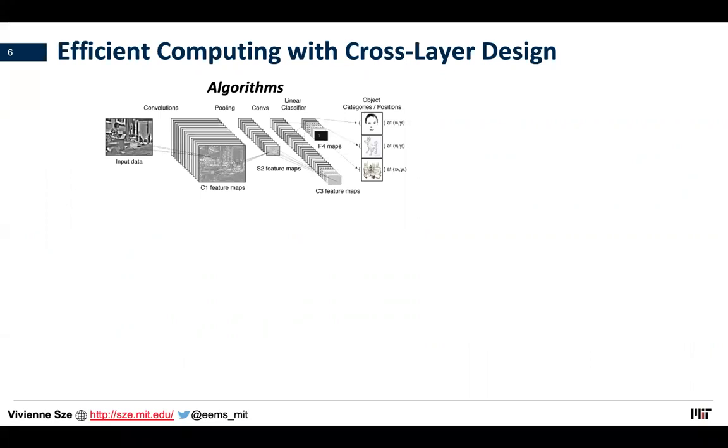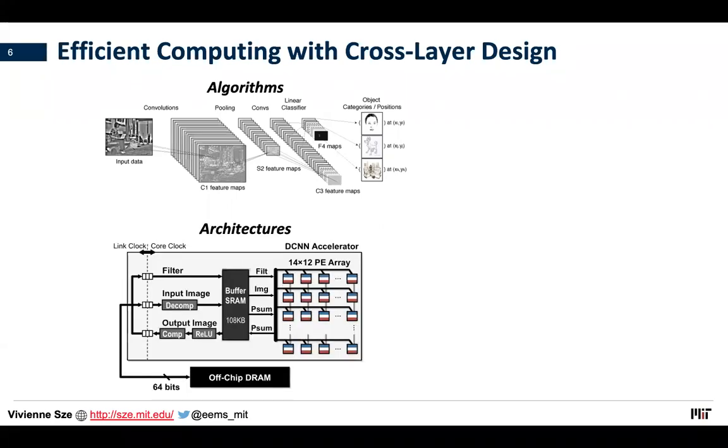Typically in the past, the algorithms for a lot of these applications primarily focus on quality of result. For example, high accuracy or high efficiency in terms of navigation path. But we want to jointly consider energy as well. So have a joint goal for the algorithm design and really start considering things like energy consumption and throughput or speed. We want to look at new computer architectures, thinking about things like the memory hierarchy and data movement across